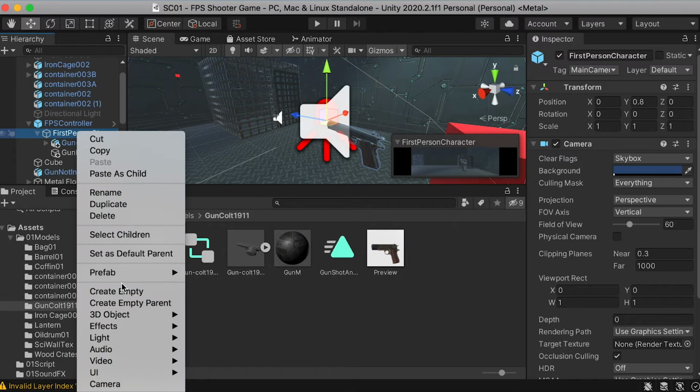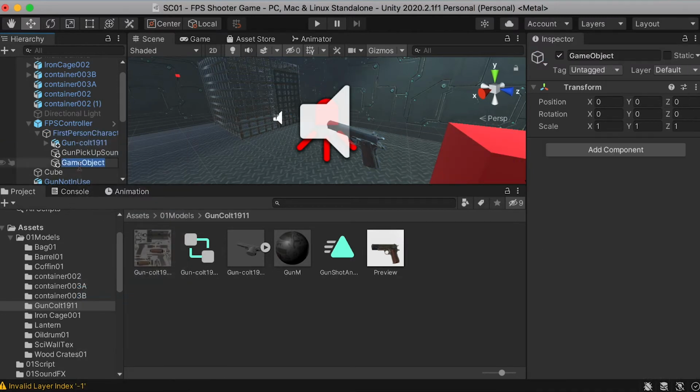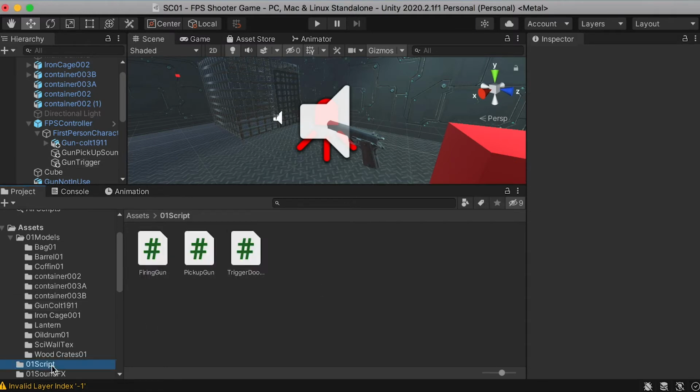So right click on it and create an empty object. For this one, we're going to name it gun trigger. Okay, and for the gun trigger, we're going to add a script, which is fire gun. And if you have imported this script in my earlier video tutorial, you should be able to see it. If it is not showing up here, what you'll have to do is just go back to the script folder